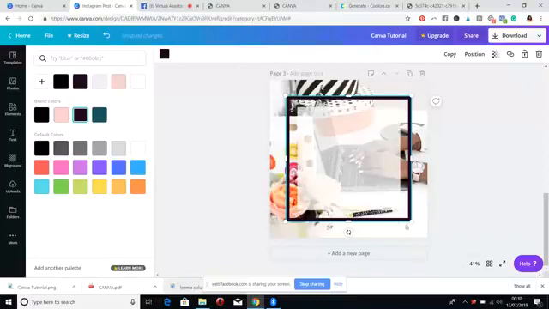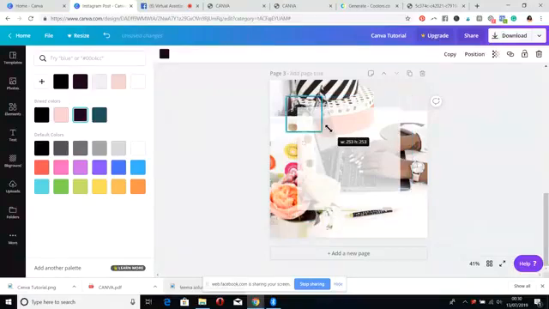So if you want to reduce the thickness, not the length, the thickness, what you need to do first is drag one edge and make it a tiny box. The tinier it gets, the tinier the edges will be. So can you see now? So you have a tinier one. Now what you want to do now is just come